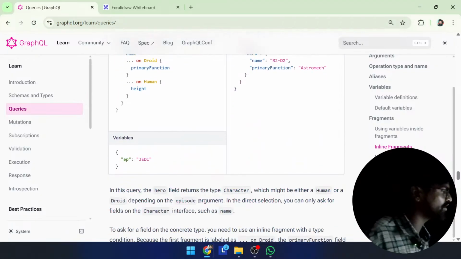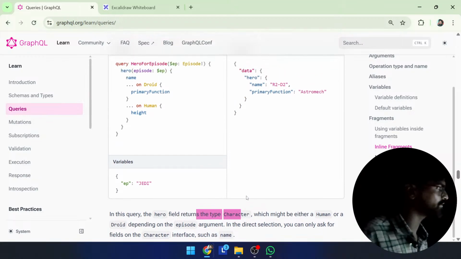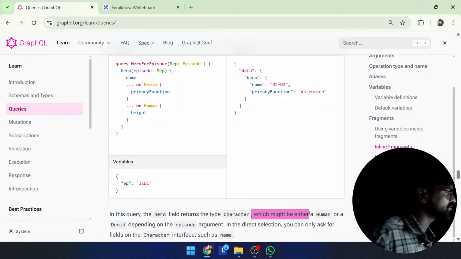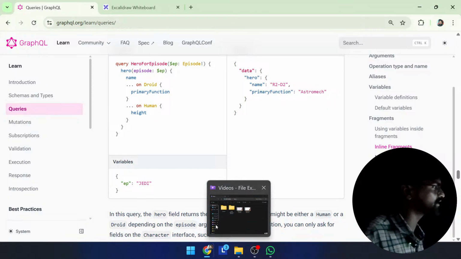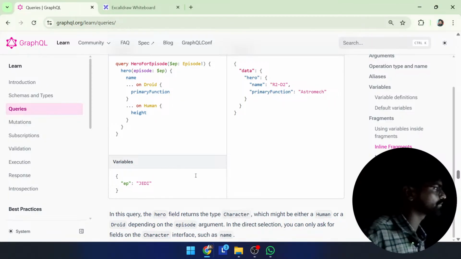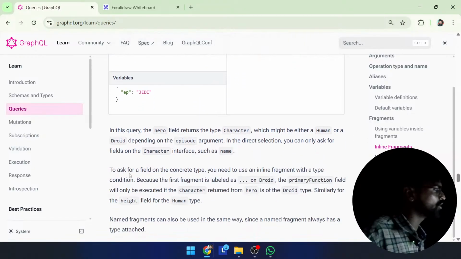In this query, the hero field returns the type Character, which might either be a human or a droid, depending on the episode argument. In the direct selection, you can only ask for the fields on the Character interface, such as name. To ask for a field on a concrete type, you need to use an inline fragment with a type condition, because